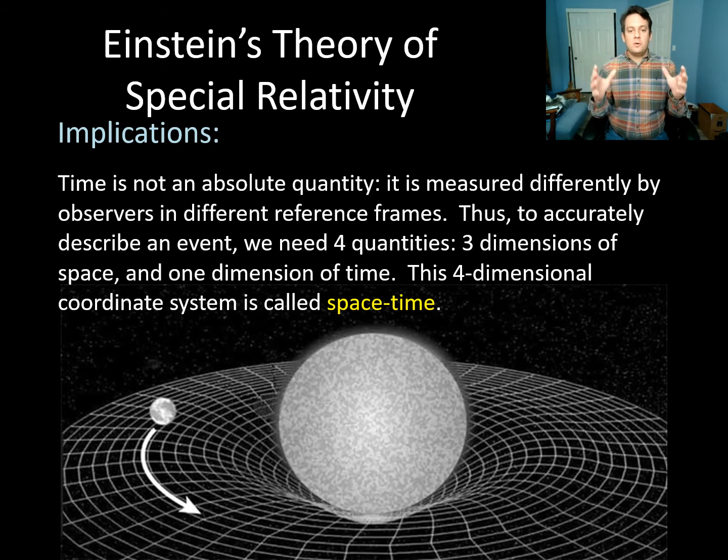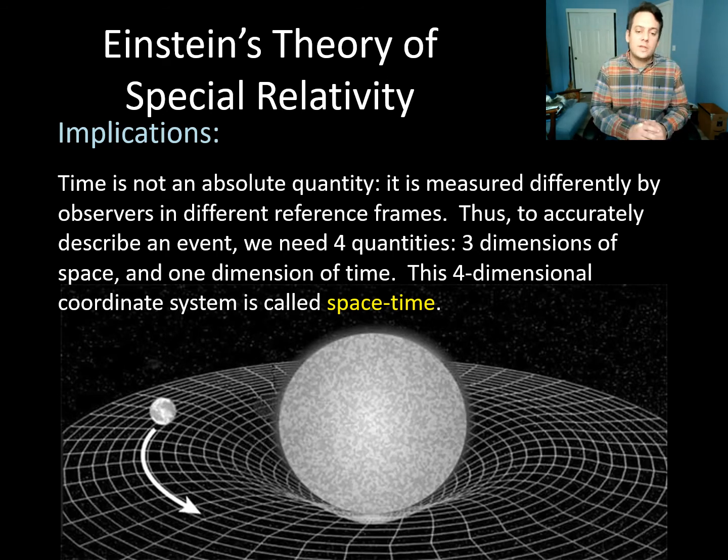So now that we've gotten a detailed analysis of time dilation, let's back up a little bit and look at the bigger picture. One of the large-scale implications of Einstein's theory is that time is not an absolute quantity, that it will be measured differently by different observers who are in their own respective reference frames. The upshot of that, it turns out, is that in order to accurately describe an event,